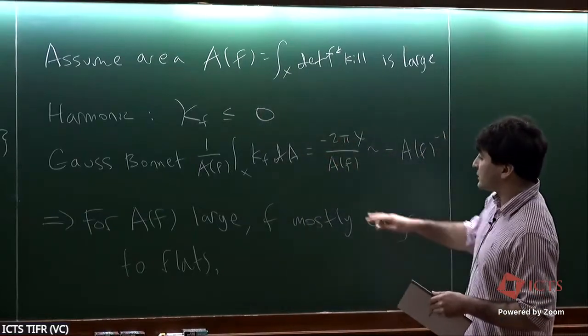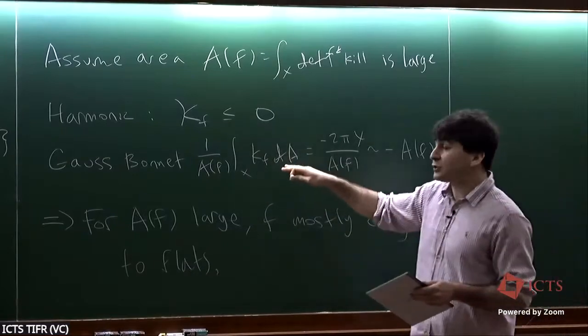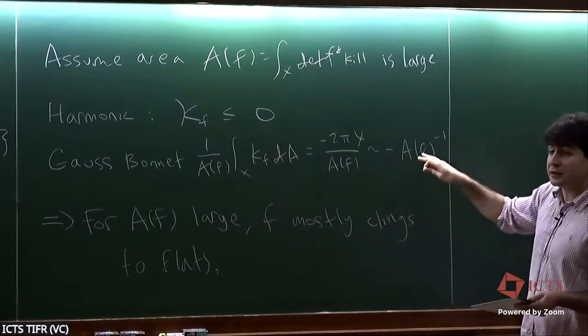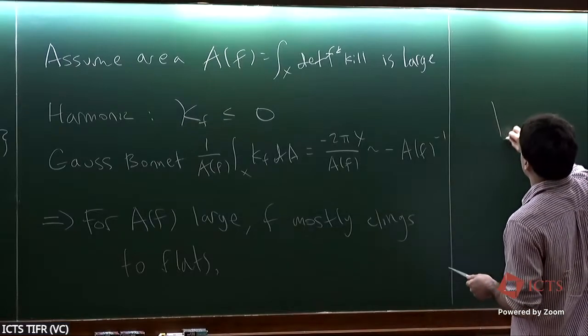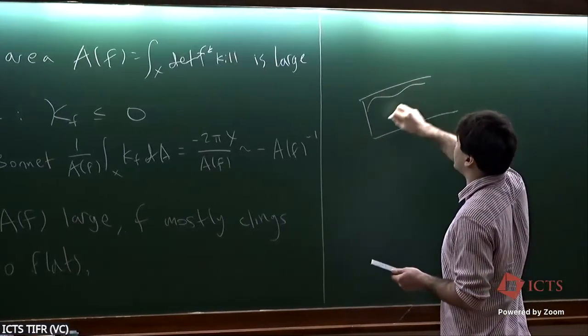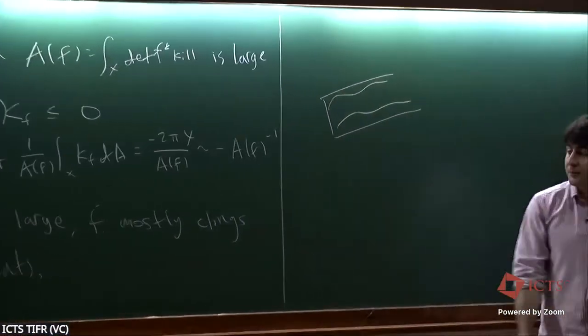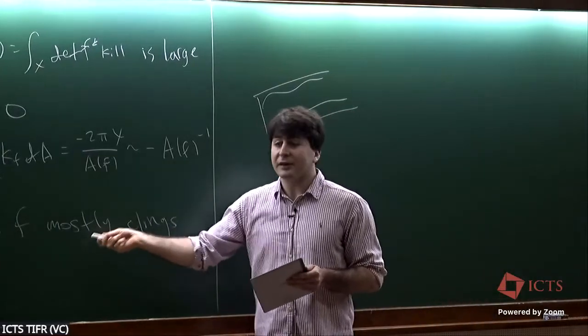So in this integral, there should be no cancellation. And this is saying that on average, if the area is large, the curvature should be very close to 0. So what we then expect is most of the time, it's near 0, so it should be near a flat subspace. Okay, but the word mostly is doing quite a lot of heavy lifting here,